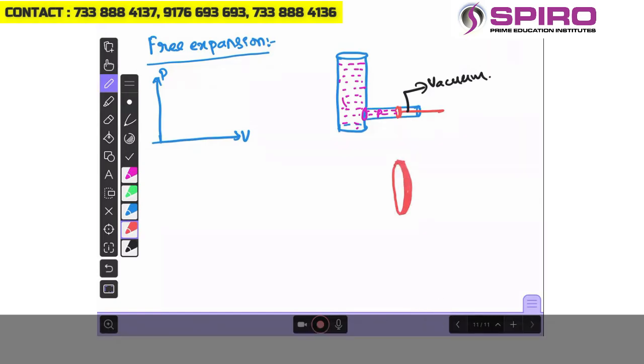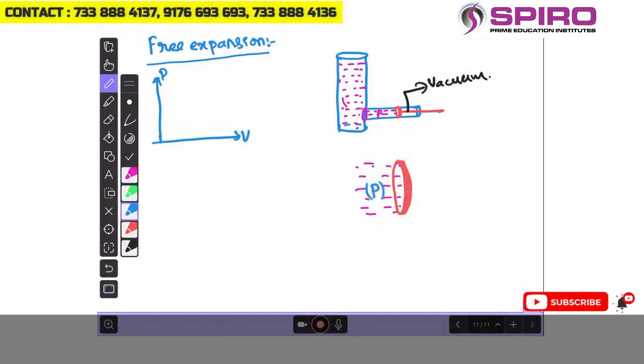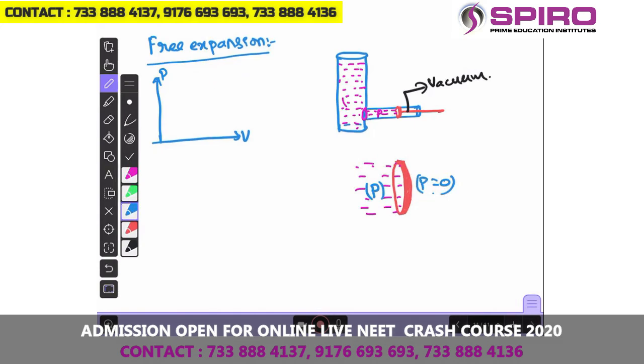And on the left side there is air, right? Here there is some gas with a certain pressure, and let us suppose the pressure here is P. Okay, and what is there on the other side? The pressure was 0. Yes or no? So now from the left side there is a possibility to cause some force.